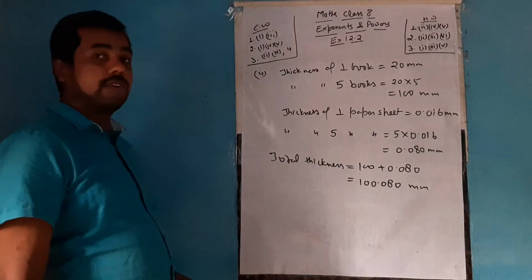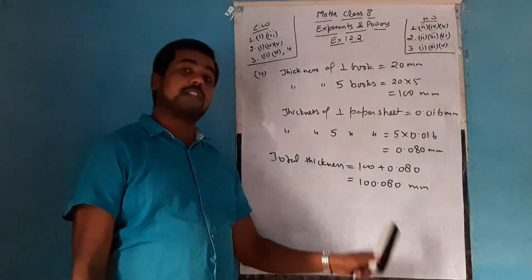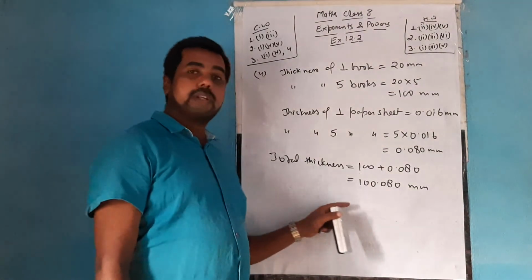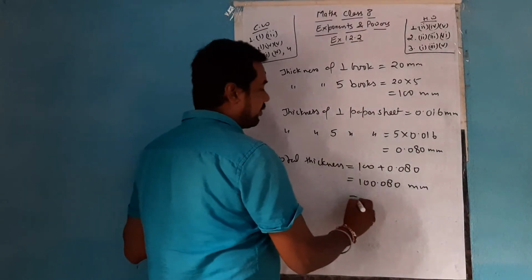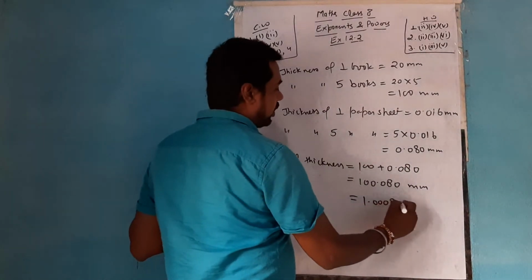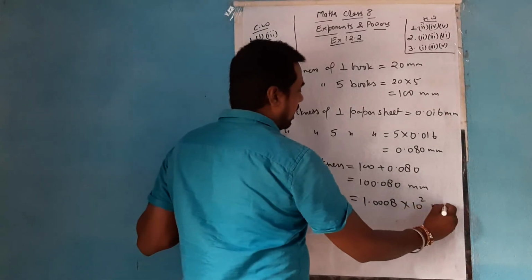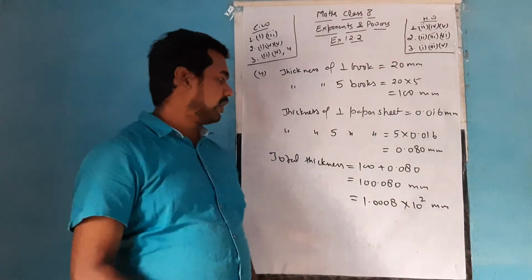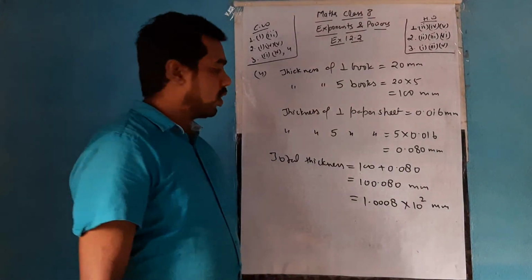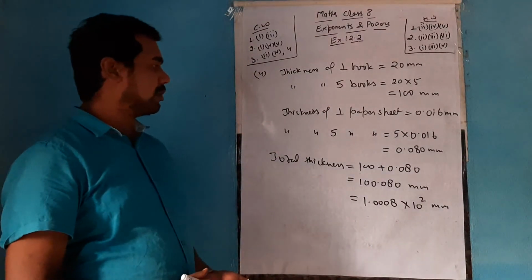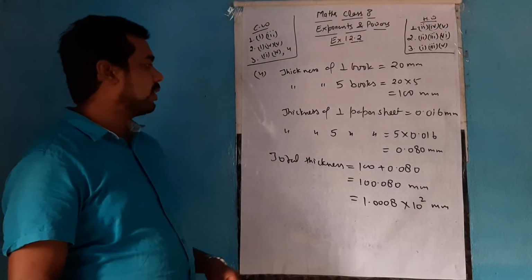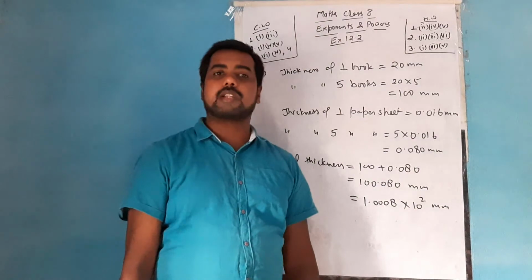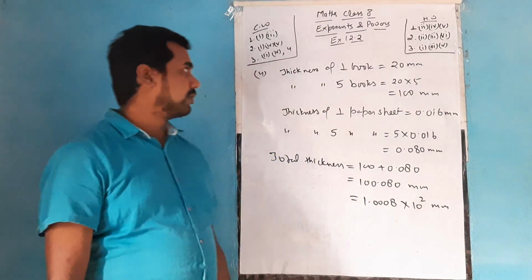But as you know that we are dealing with the chapter exponent and power, so answer should be in the standard form. One decimal is already there. We have to shift 2 places towards the left, coming from right to left. That will be 1.0008 into 10 to the power 2 mm. As I said, the last 0 is not counted, we don't write it because we have already kept the decimal. Although if you wish to write, you can also write, but there won't be any change. So answer of the same will be 1.0008 into 10 to the power 2 mm. That's the total thickness of the stack which is being asked.